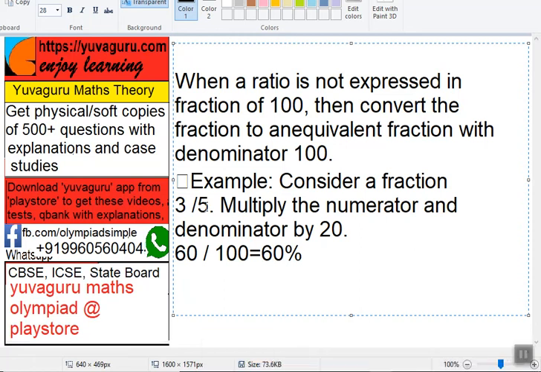Suppose it is 3 upon 7, then what? See here, it's very difficult in these cases. When it's not a multiple or a factor of 100, then what we do is, for 7, we find the nearest. Nearest means what? 15 7s are 105 or 14 7s are 98. That's easier. So multiply both by 14. 14 3s are 42. Approximately the percentage would be 42. Approximately. Take the nearest answer in the exam.